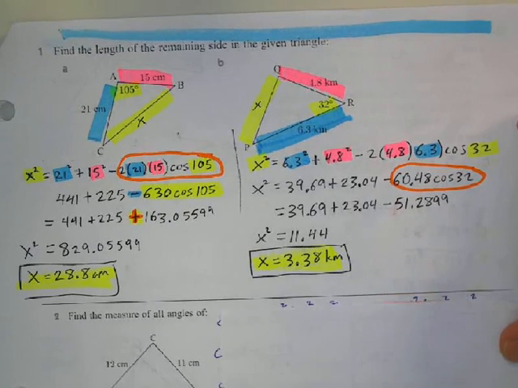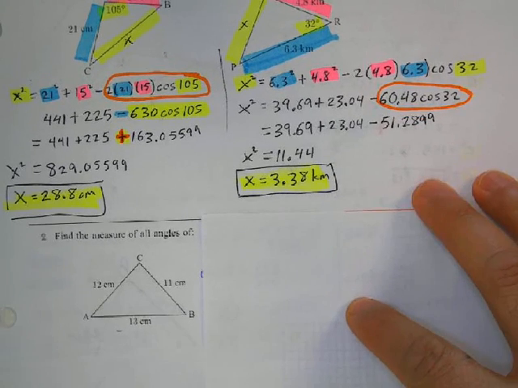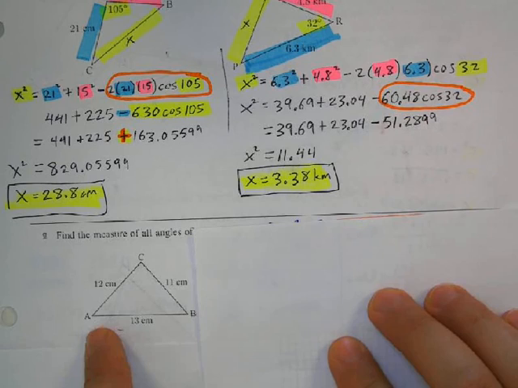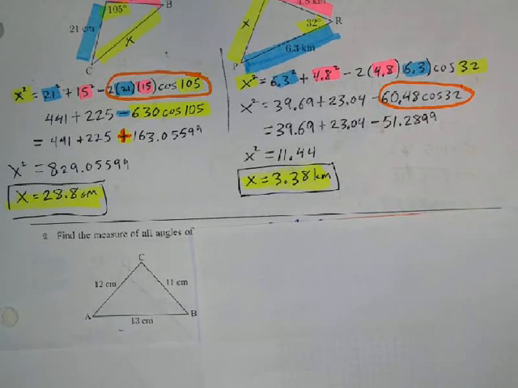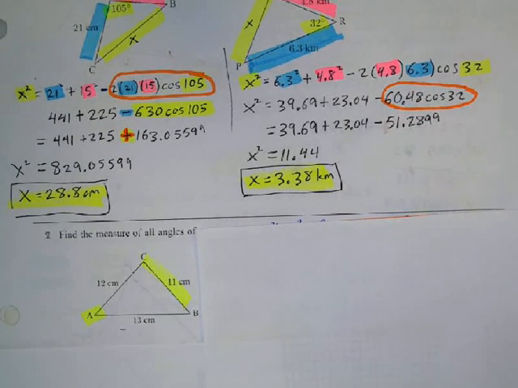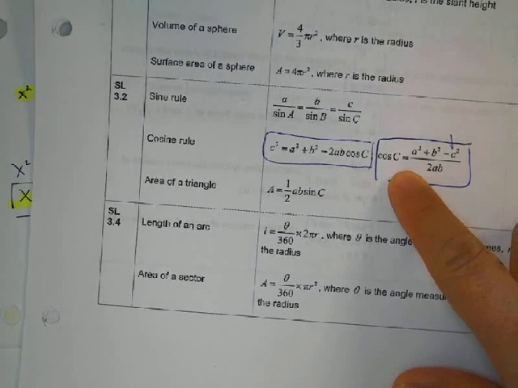Okay, find the measurement of all the angles. So the very first thing I did was I just picked an angle that I wanted to find. So let's pick angle A. If I want angle A, we need to figure out which formula to use. And, okay, oh, this says cosine C. What am I supposed to do? So what I need to do is,